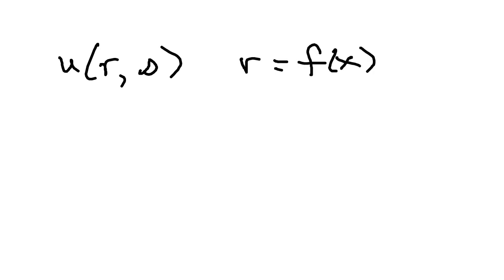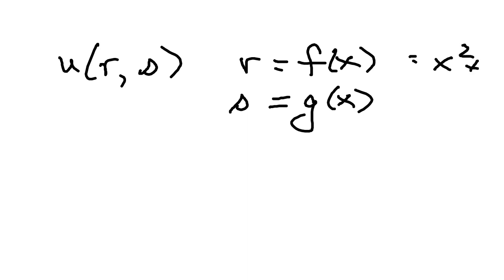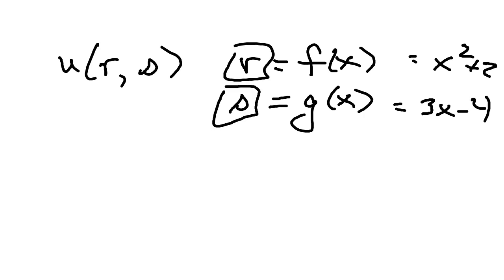Let's let u be a function of r and s, and then r be just a function of x, and s be just a function of x. So r might be something like x squared plus 2, and this could be 3x minus 4, something like that. But anyway, r and s only are defined in terms of one variable,